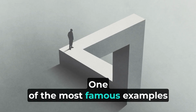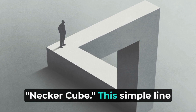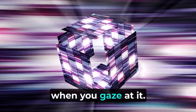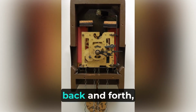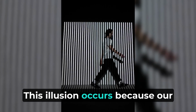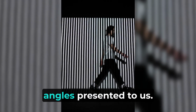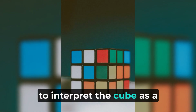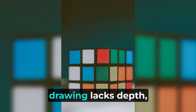One of the most famous examples of an optical illusion is the Necker cube. This simple line drawing depicts a cube that appears to rotate in space when you gaze at it. Have you ever noticed that the cube seems to flip back and forth, as if it can't make up its mind? This illusion occurs because our brains are trying to make sense of the ambiguous lines and angles presented to us. Our brain instinctively tries to interpret the cube as a three-dimensional object, but because the two-dimensional drawing lacks depth,